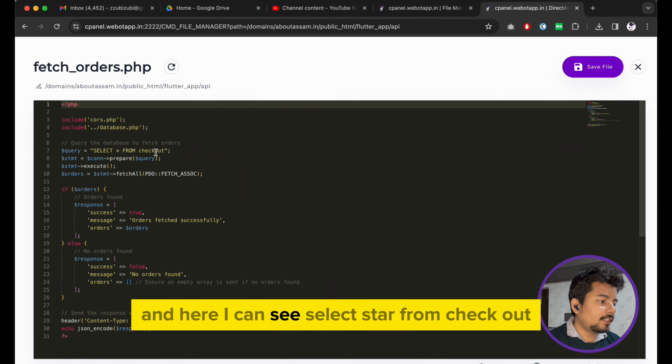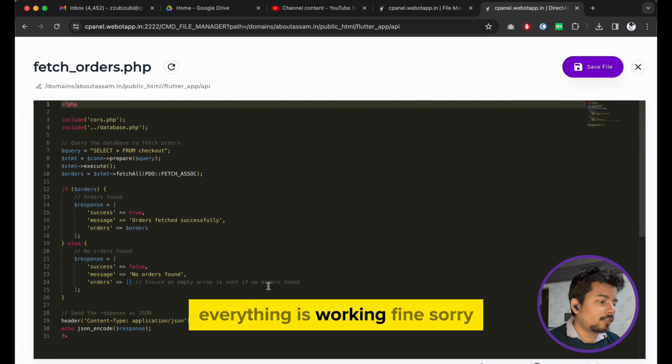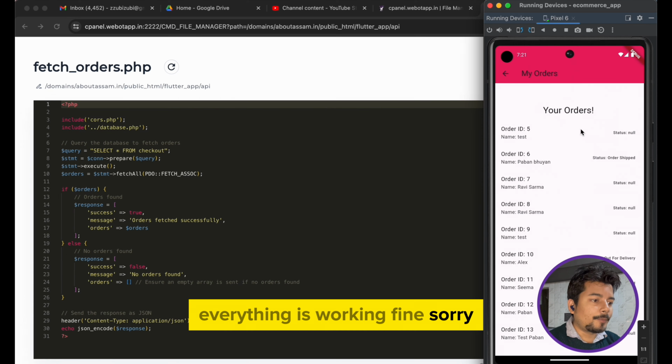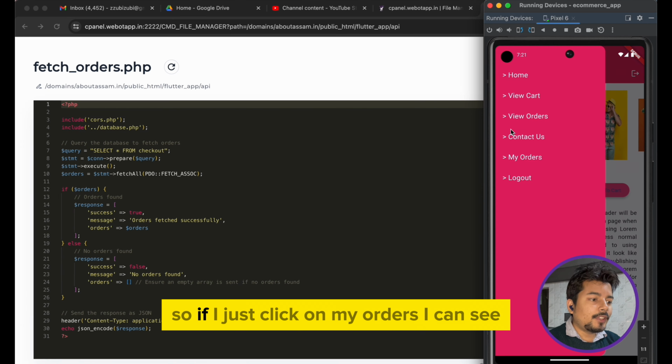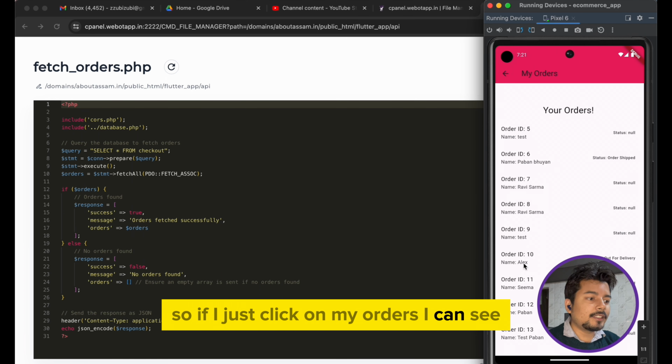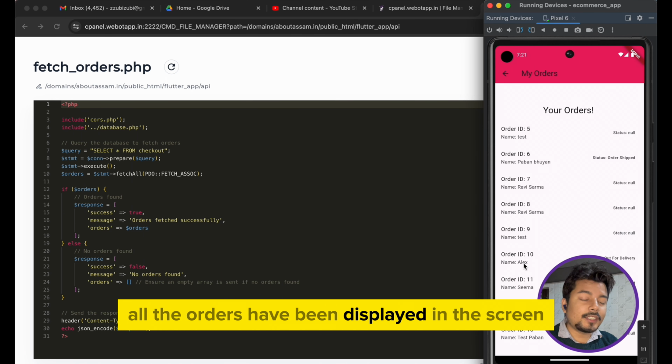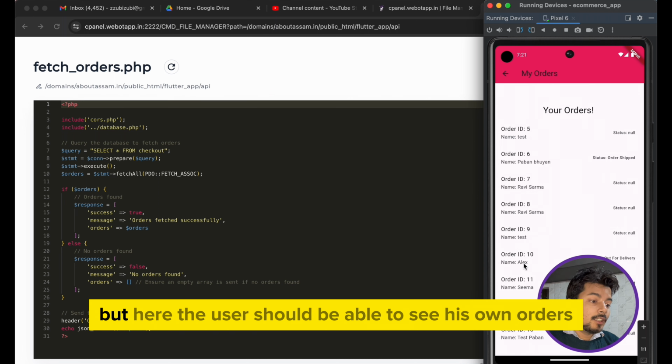Here I can see select star from checkout, and everything is working fine. If I click on my orders, I can see all the orders have been displayed on the screen,